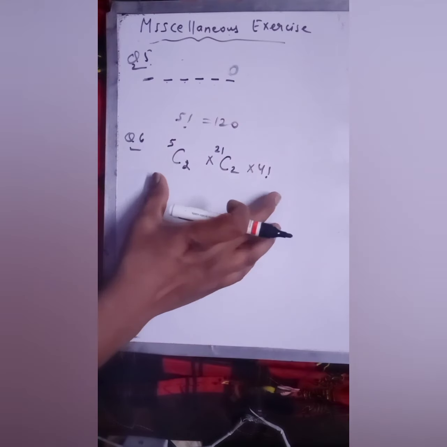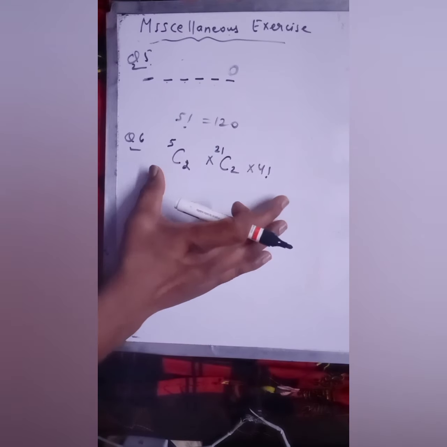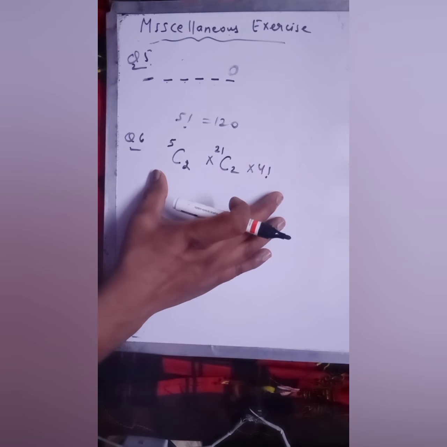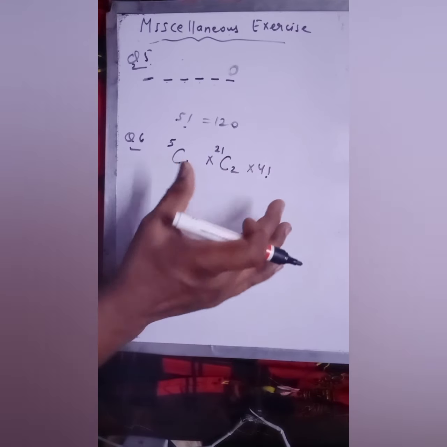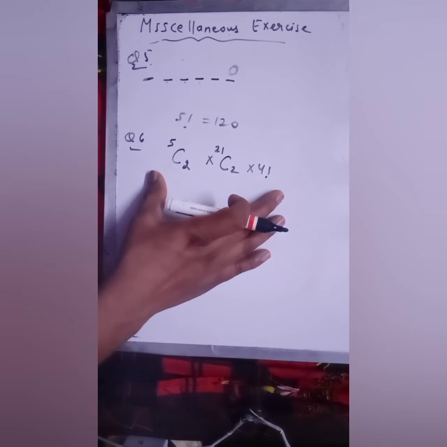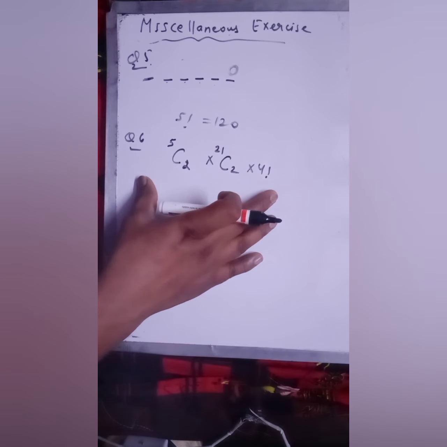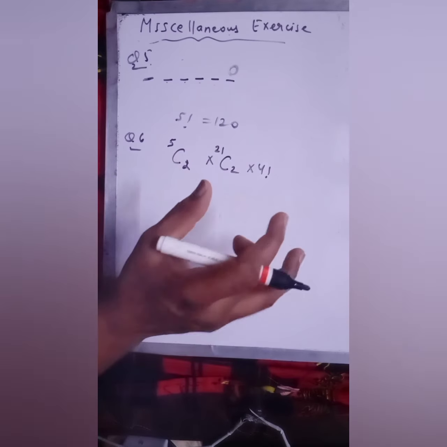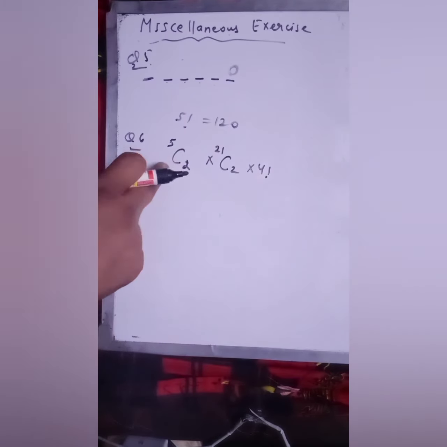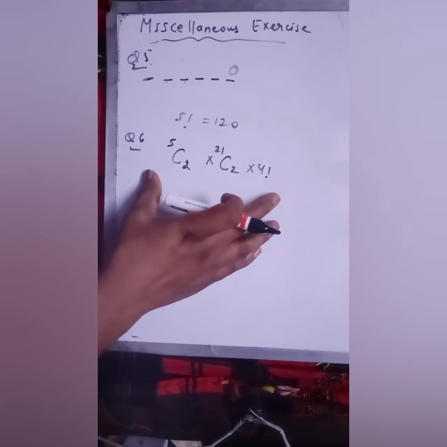Children, if you are not getting this, please ask. Okay. So this chapter is tricky, I know. So if you will not understand, you will lose the marks. I will give you the question from NCERT only. Don't worry about it. In the final exam, you will get the question from the NCERT of this chapter. So this chapter is a little bit tricky. Fine. So try to understand why I'm writing 4 factorial, why I'm writing this and this. So when you will solve this, you will get the required answer.